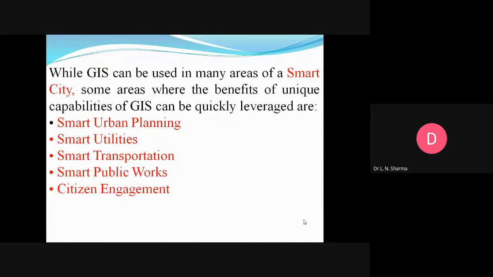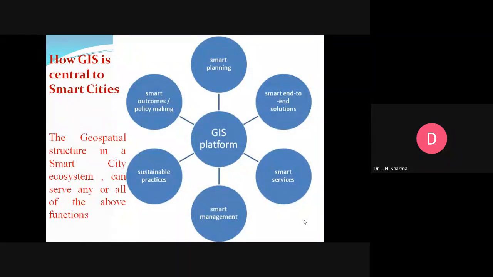GIS is very efficient, green, it plays a critical role. And in smart urban planning, smart utilities, I have already told you. So GIS is a central platform on which smart policy making, smart planning, smart end-to-end solutions, smart services, management. Okay, let me tell you, I know some of the other cities also have it, but in Chandigarh,